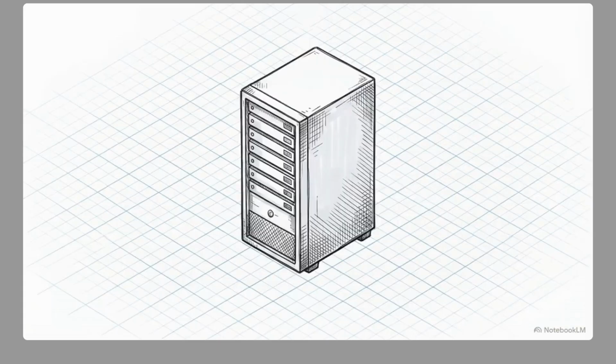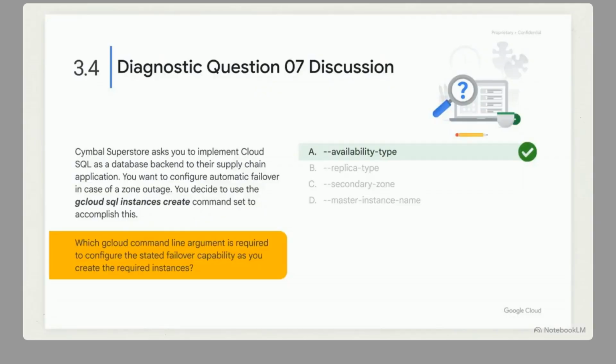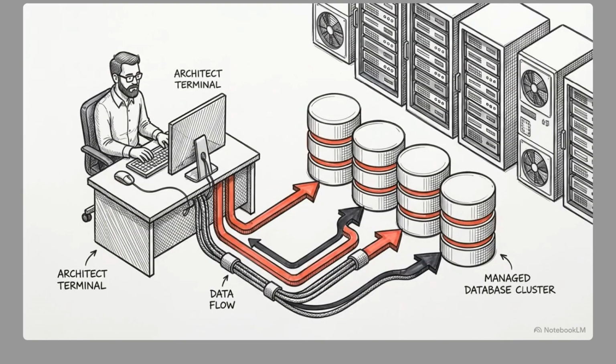However, this baseline command contains a critical vulnerability. As written, it deploys a single instance in one zone, meaning it lacks automatic failover if that specific zone goes offline. To guarantee database high availability, we must append one final configuration. As highlighted in this diagnostic review, you add the --availability-type argument to ensure the database can automatically fail over to a secondary zone. Cloud providers manage the underlying physical hardware, but the system architect remains fully responsible for explicitly